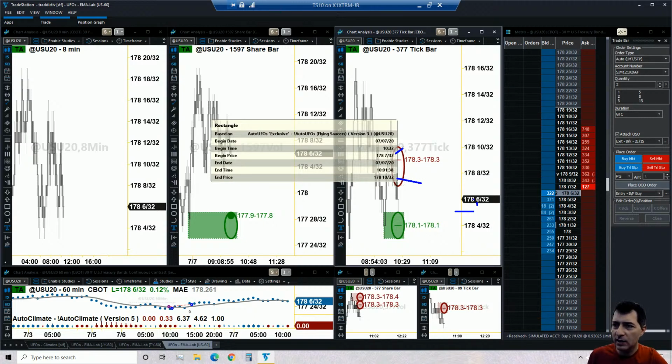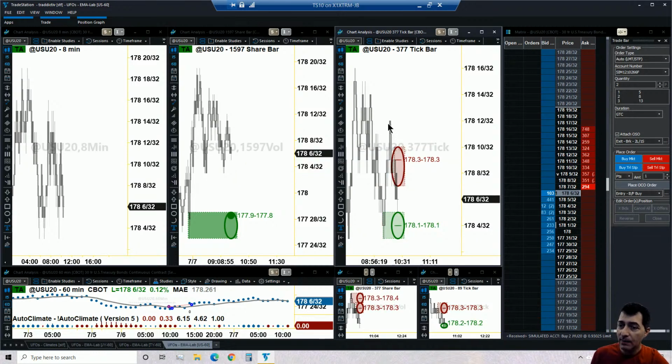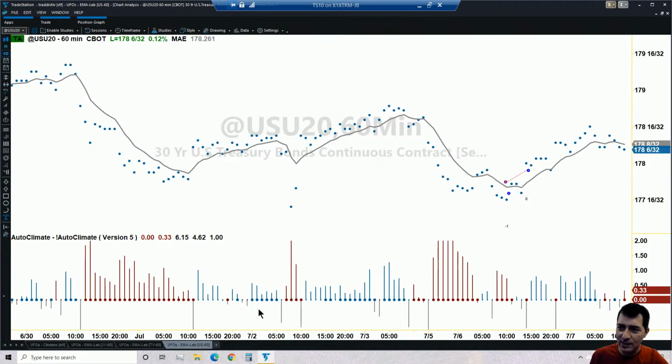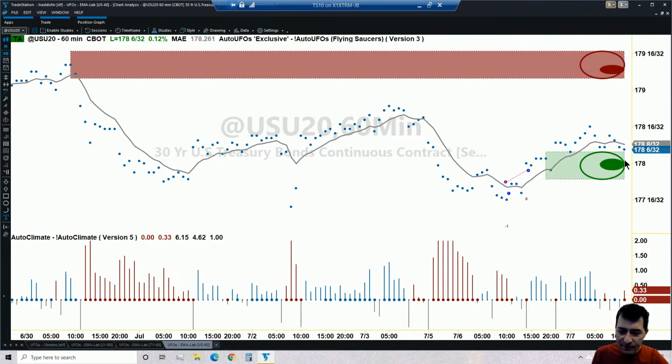And therefore, this trade is to be discarded because the target is too far. Let me rephrase that. The target is too close. Okay, it's the complete opposite. But now, let me tell you, if during this 1 hour period, let's say the price of the US was to come deeper into this UFO, more unfilled orders are being filled, and the UFO goes away from the screen.